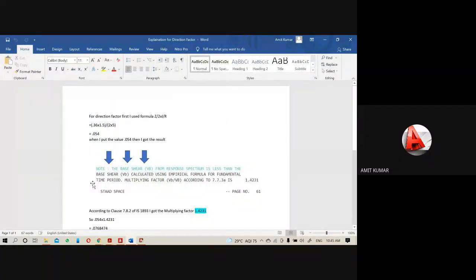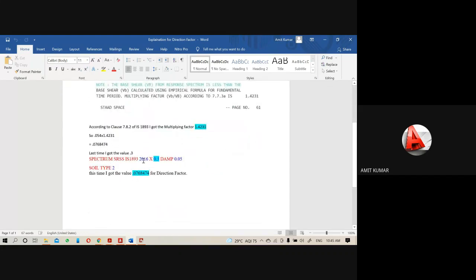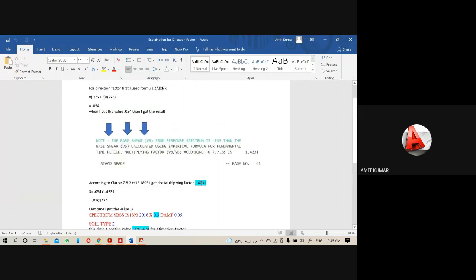If we get this type of warning, that means the base shear from response spectrum is less than base shear VB, then we have to change this formula. In the output we will get the multiplying factor. If you do not get this warning, then you don't need to change this data.